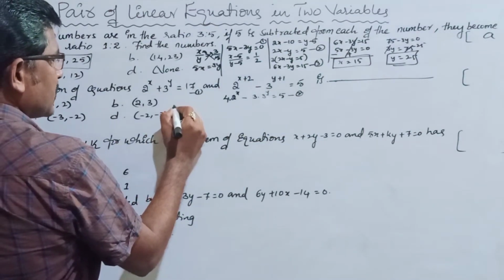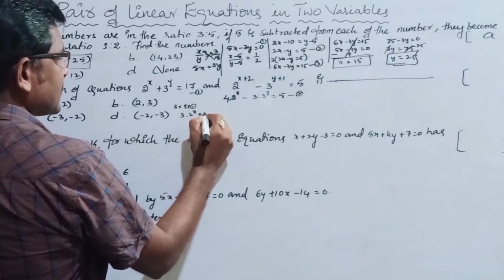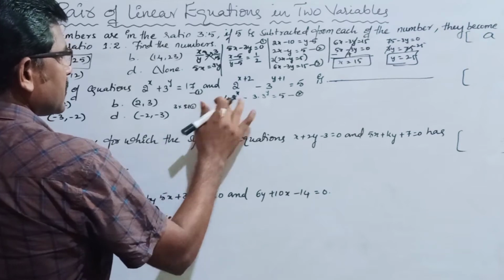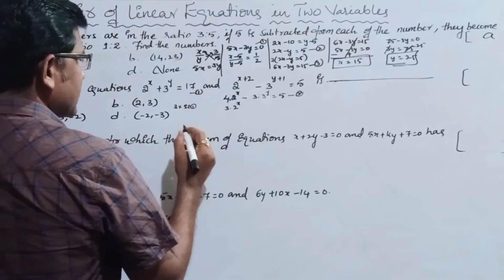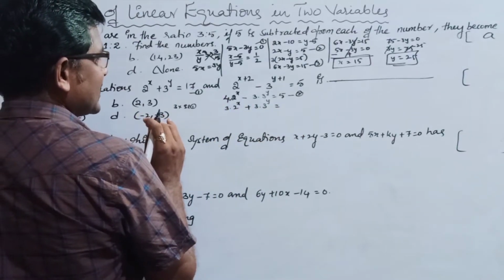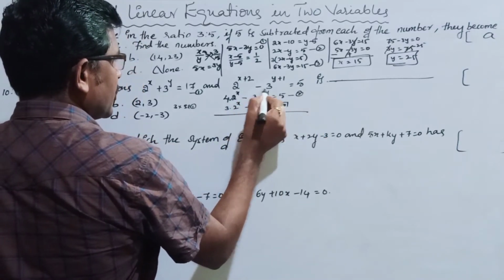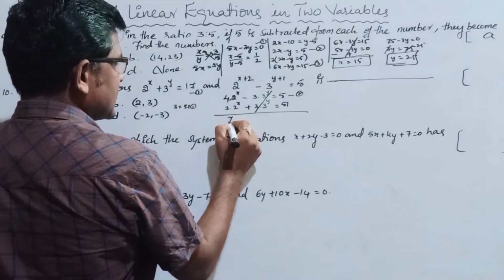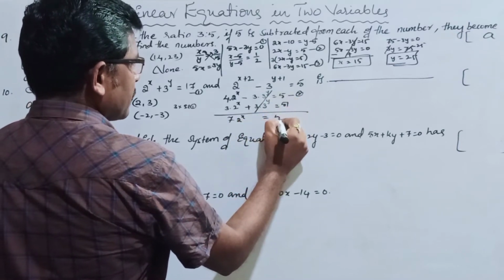So multiply equation 3 into equation 1. So that means 3 into 2 to the power of x plus 3 into 3 to the power of y is equal to 17 3s are 51. So minus 3 into 3 to the power of y plus 3 into 3 to the power of y gets cancelled. Here 4 plus 3, 7 into 2 to the power of x is equal to 51 plus 5, 56.